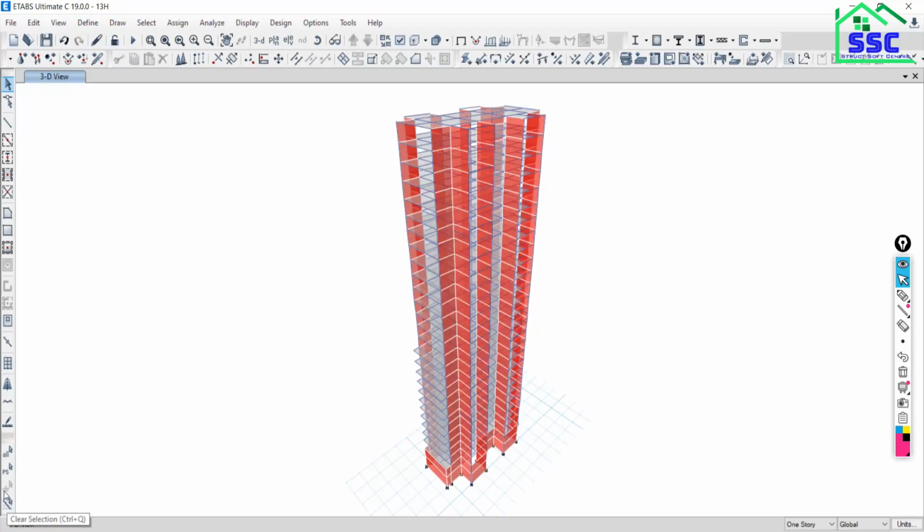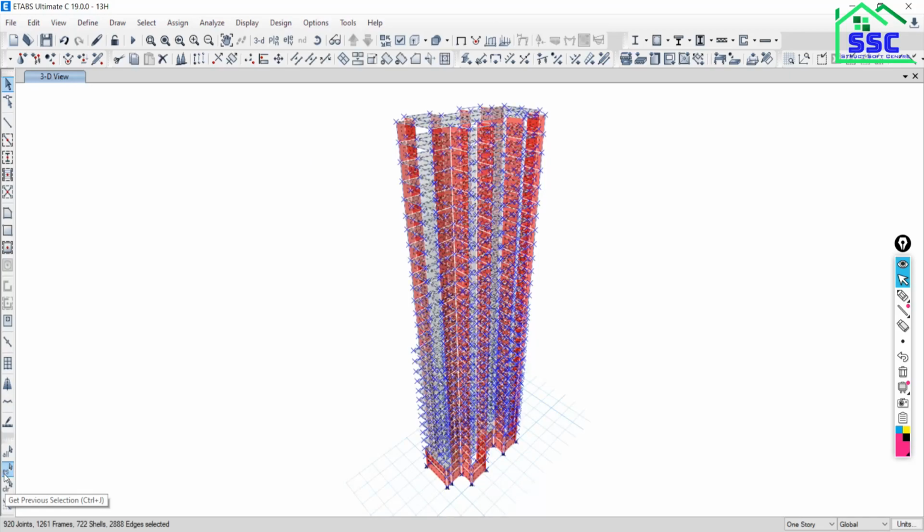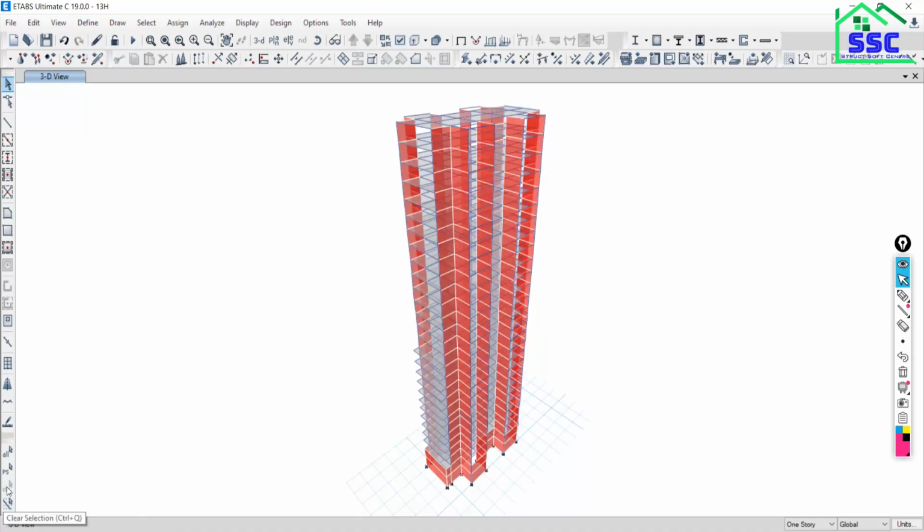Is that okay? Yeah, it's done. Now we will discuss about the previous selection. So if you want to reselect the last selection, just click over previous selection. So हमने पूरा मॉडल सिलेक्ट किया था, so that पूरा मॉडल आपका सिलेक्ट हो गया. Is that okay? Clear this.